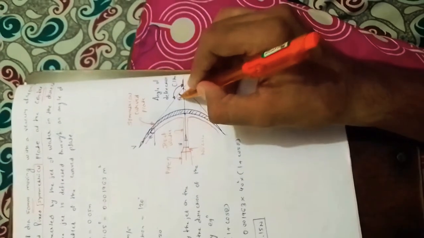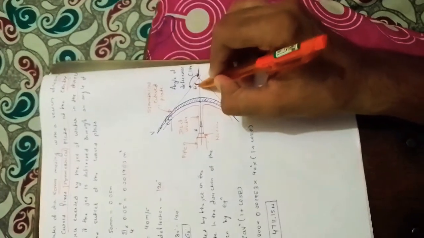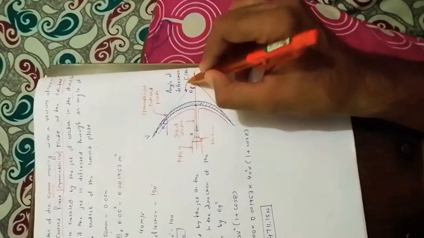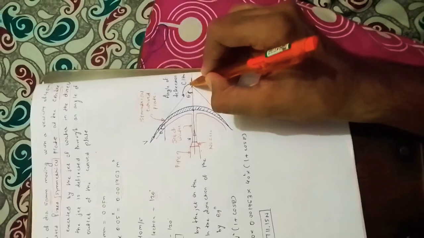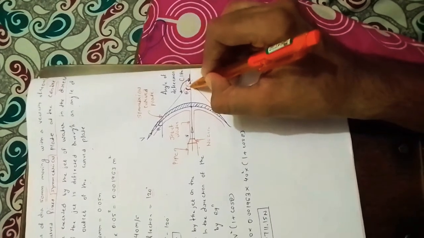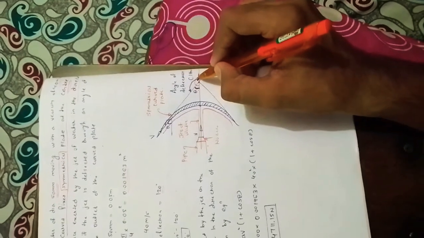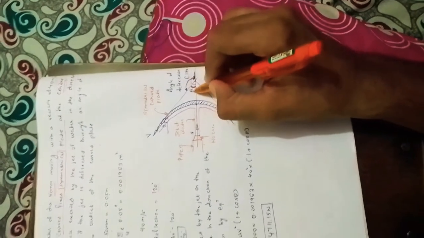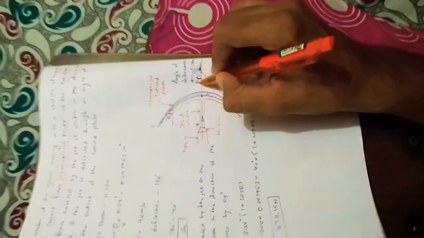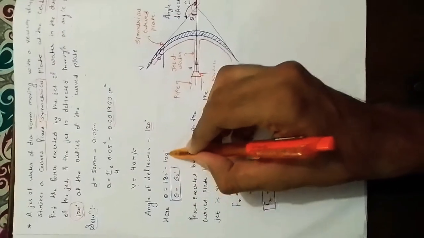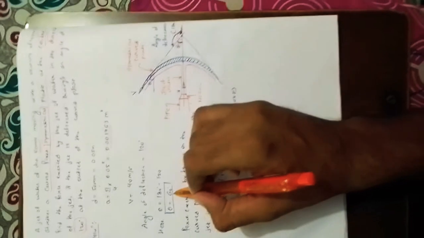So they have not given directly the value of theta. They have given the value of the outer angle, which is the angle of deflection. So this is 180 and total is 180. So obviously to find the value of theta, we will be subtracting 180 minus 120. So the remaining will be theta. Correct. So here theta is equal to 180 minus 120. So theta equals 60 degree.